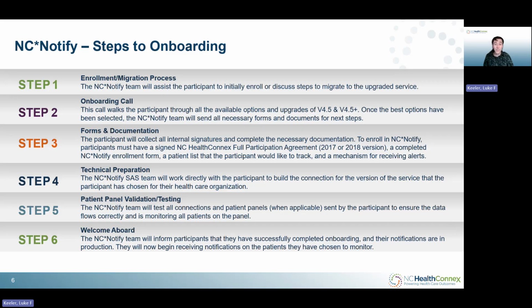Once the best options have been selected from your team, the NC Notify team will send all necessary forms and documents for next steps. Step three is the forms and documentation, and the participant will collect all internal signatures and complete the necessary documentation. To enroll in NC Notify, participants must have a signed NC Health Connects full participation agreement and a completed NC Notify enrollment form,